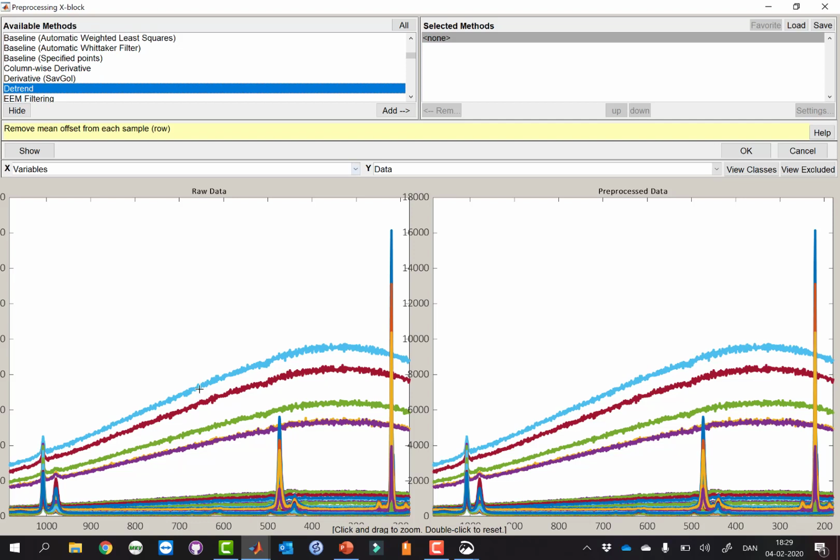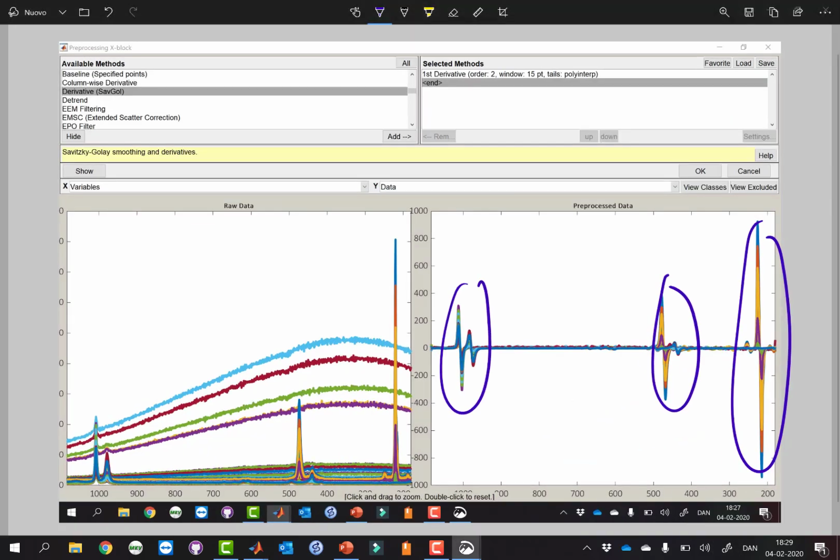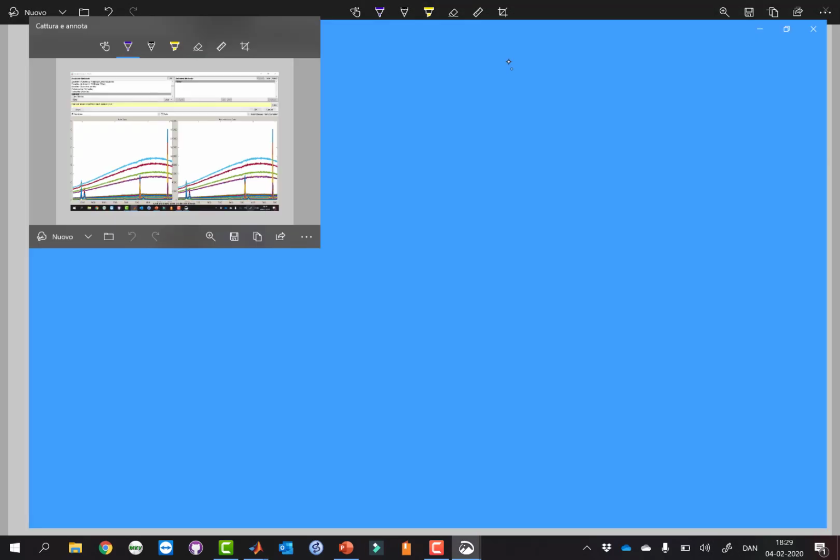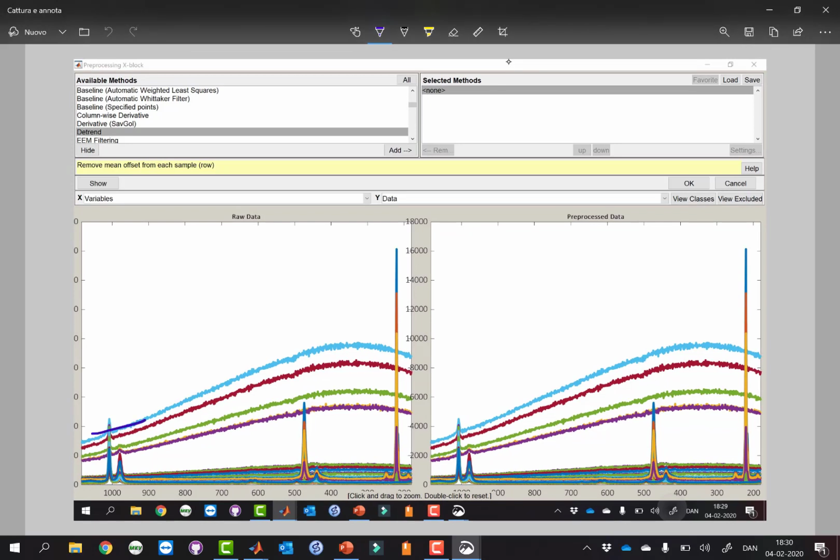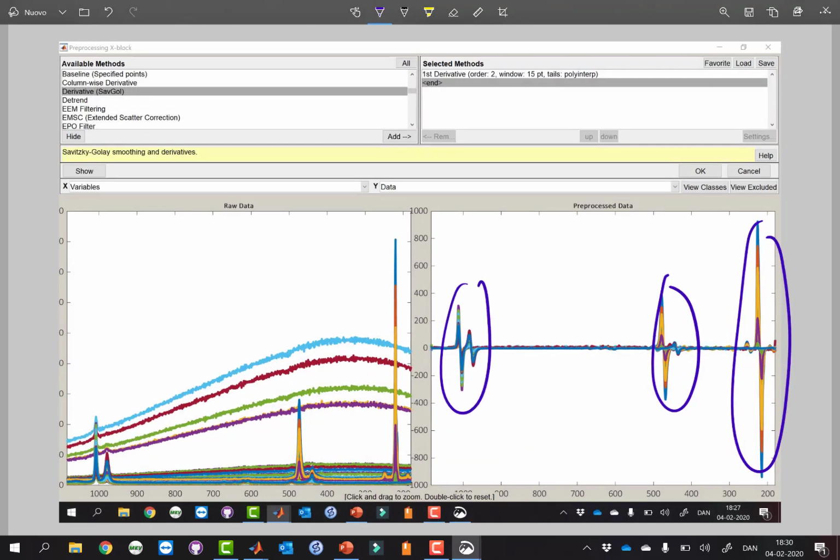In detrending, we're just going to fit a polynomial to each and every curve here. So for example, fitting a first order polynomial, we would fit a straight line to the blue one and subtract that, a straight line to the red one, to the green one, etc. And then we would subtract those. Let's see how that would work.